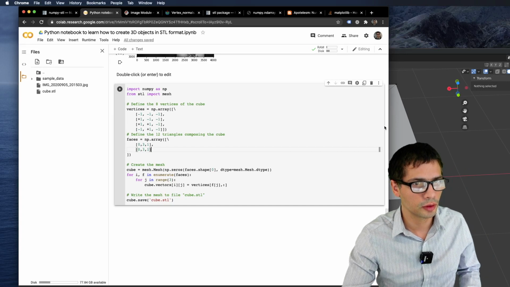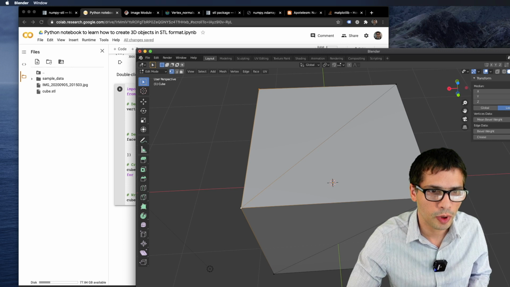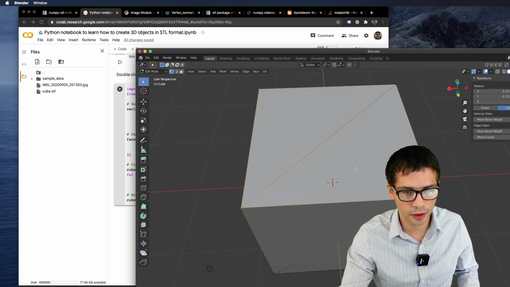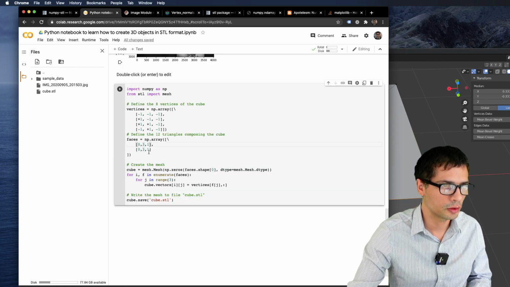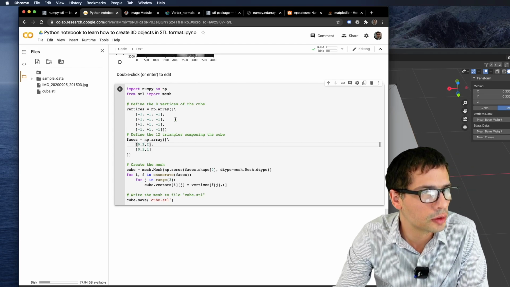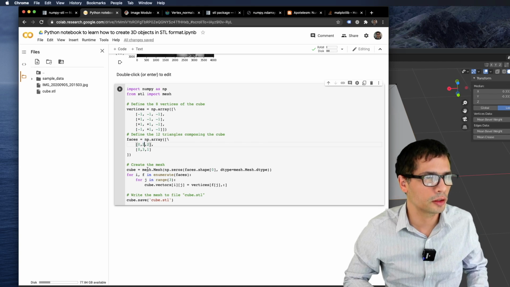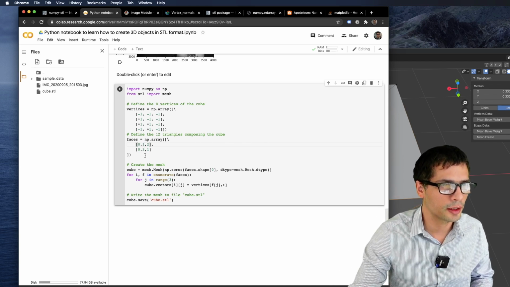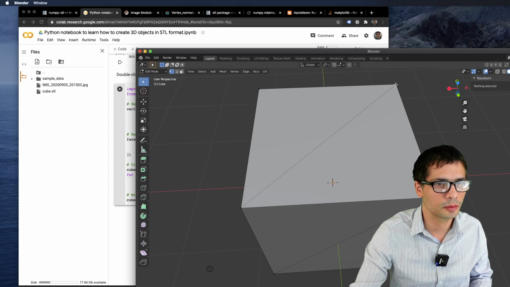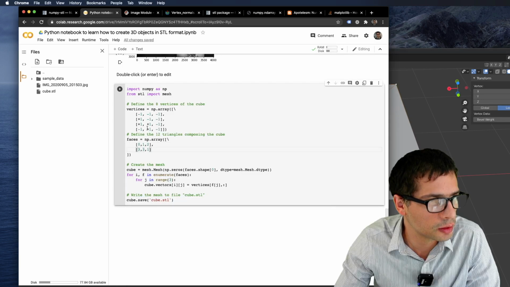So, since I want to be different, I'm going to define my first triangle. It's going to be these 3 points. 0, 1, 2. Right, that's my first triangle. Then my second triangle is going to be -1, 1, -1. This is the 1.